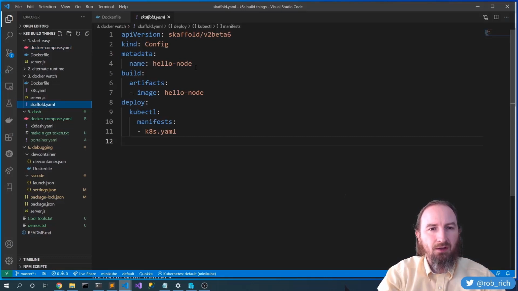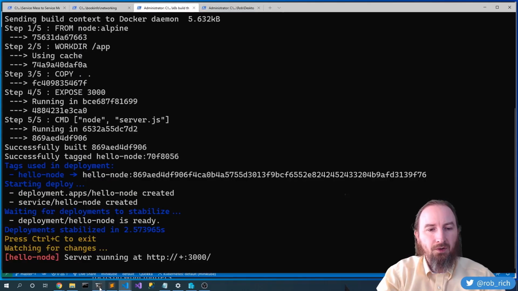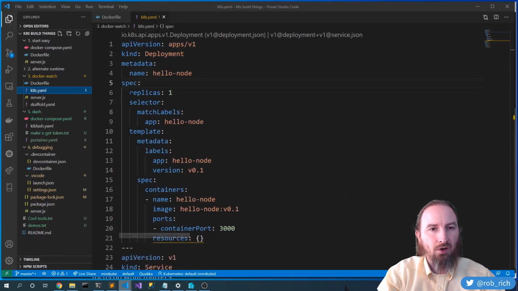It's going to build the hello node image. It's going to then start this Kubernetes YAML file. Now this Kubernetes YAML file specifies v0.1, and as it rebuilds, it will overwrite this image name with the image name that it just built. So here I am. I've got my server running on port 3000, and let's come in here to our content